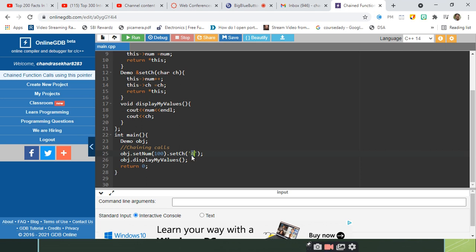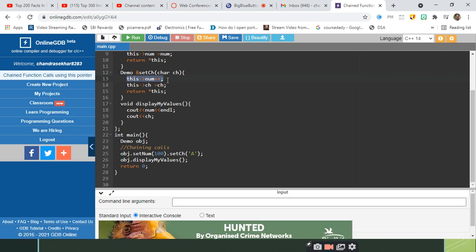But before setting this character to the data member, what is it that I am using as the first statement in setCh? The increment operator. I am incrementing the num parameter inside setCh, right?